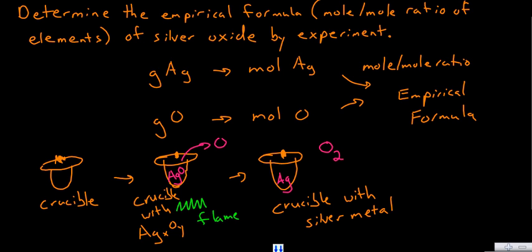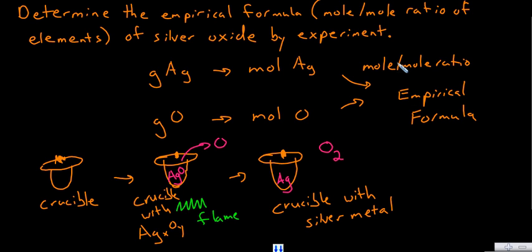All right, so the question is, determine the empirical formula of silver oxide by experiment. An empirical formula is really just a mole-mole ratio of the elements within a compound. And so by experiment, you might determine the empirical formula of silver oxide by knowing the number of grams of each element. You'll know the number of moles of each element, and therefore you'll know the mole-mole ratio and the